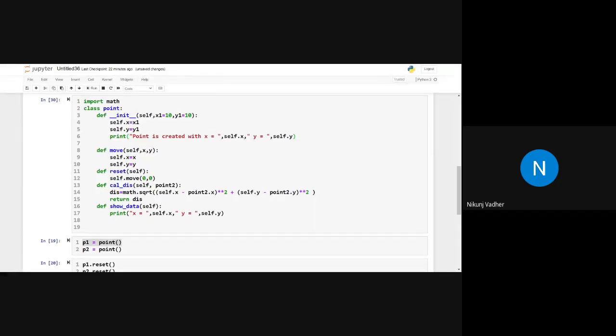Every time I want to initialize the class object to 0, 0, then what can we do?